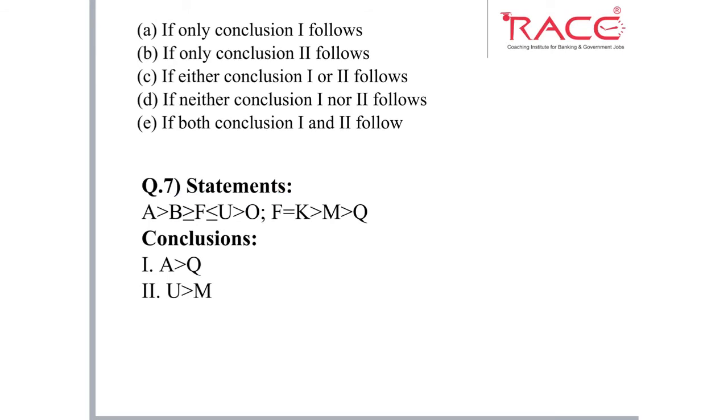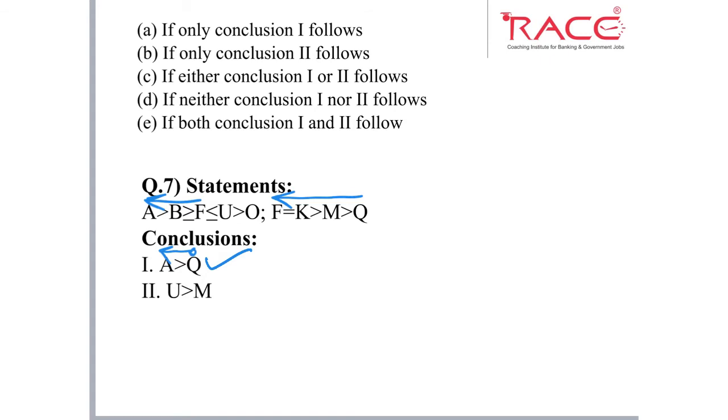I will use this shortcut approach in the upcoming 4 questions. Okay. So let's start here with the 7th question. So we have 2 different statements. In this case, we will move from Q to A. A is in the first statement, Q is in the second statement, and we can easily see F is the connecting point between the 2 statements. So we will move from Q to F and F to A. First, what will we check? Any opposite sign with respect to the arrow? No. There is no opposite sign. Second, there must be a highest priority sign in this statement. We have a single highest priority. So this conclusion follows.